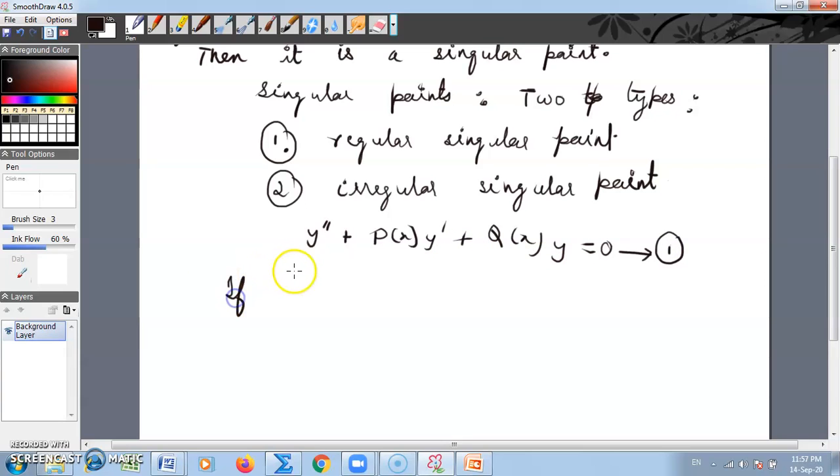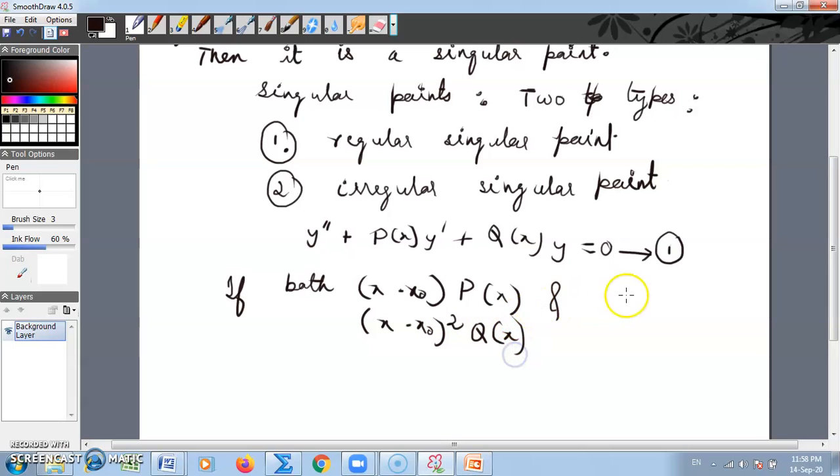If both x minus x naught into px and x minus x naught whole square into qx are analytic at x is equal to x naught, then we call that